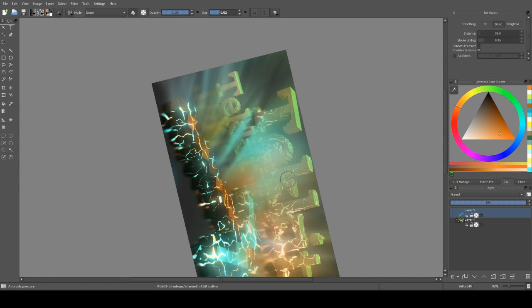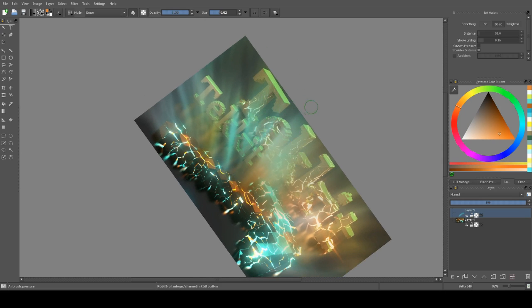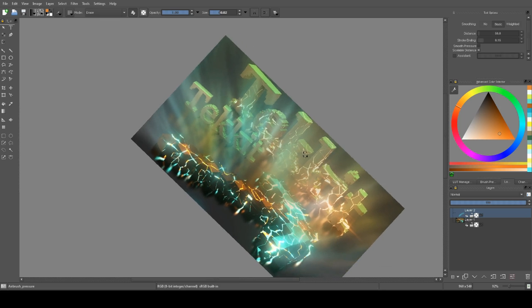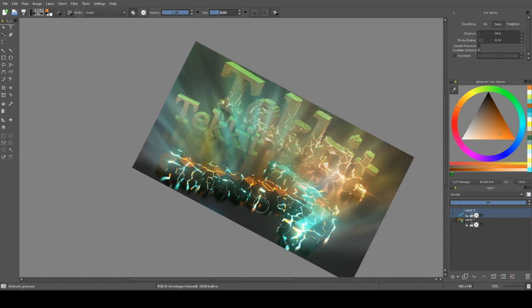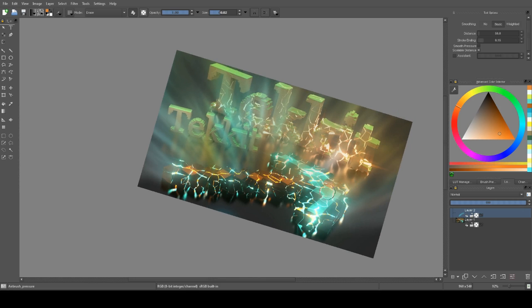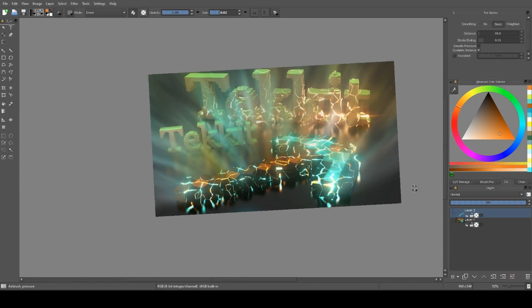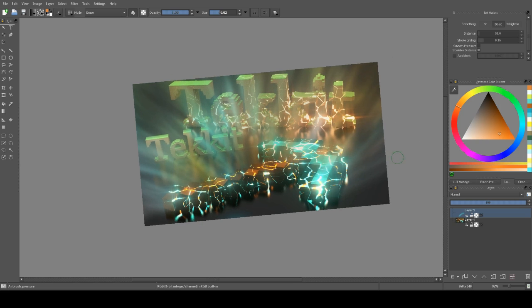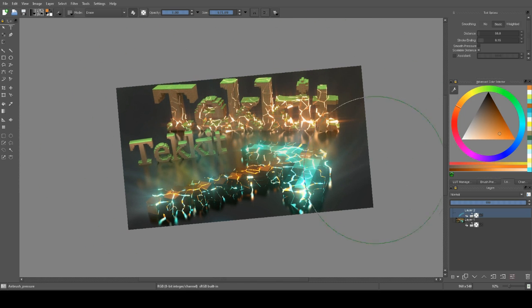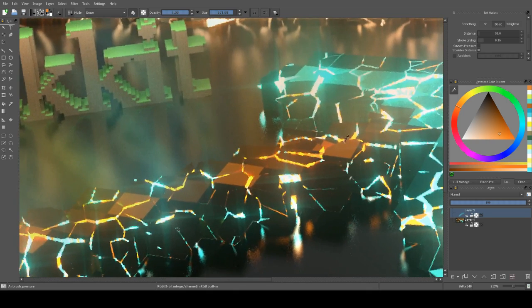So just erase and maybe paint in again some of these colors here, pick them and paint them in again and erase, and pick them and erase. That adds also some nice variations. I just want to have it ever so slightly, so I want to see that here in the background. And just select the color again,